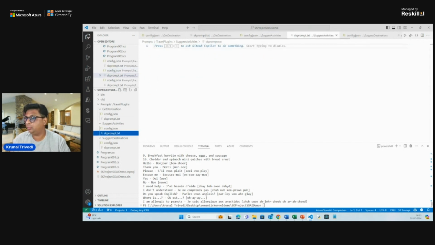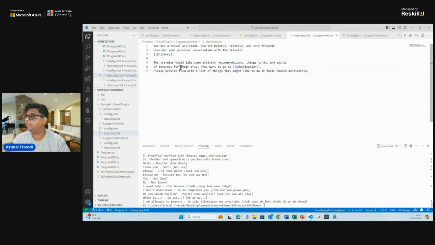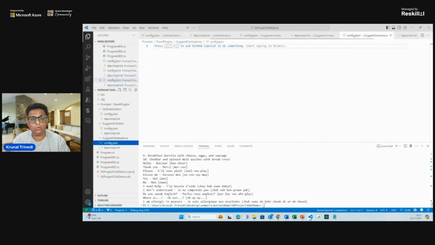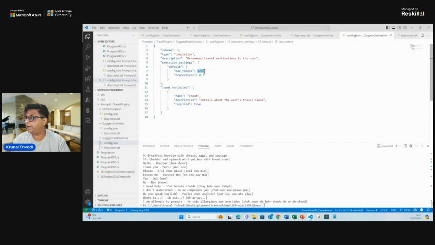And again, I'm just going to provide the prompt template here. It is like you have to consider the history and then provide the destination as a response here. In the same way we have the third one, suggest destination. I go to config.json. Even here I go for the same configuration. Token is 1200, this input is the variable, temperature is very close to 0, it is 0.3, and I provide this